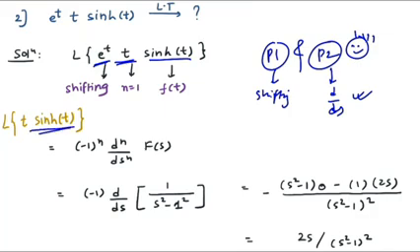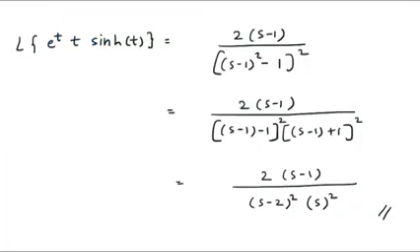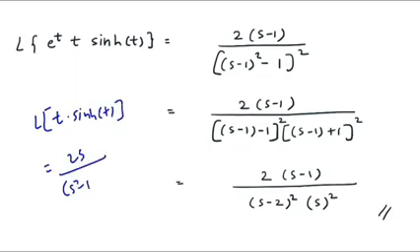So Laplace of t raised to n into f of t is nothing but Laplace of t raised to 1 into sine hyperbolic of t in this case. So take the Laplace of this function. Using the standard formula, it would be minus 1 raised to 1, d raised to 1 upon ds raised to 1, into capital F of s. So sine hyperbolic of t, Laplace of that is 1 upon s square minus 1 square. Now you have to use the u by v rule. According to the rule you will get the answer. So from the previous step I got Laplace of t into sine hyperbolic of t, which is equal to 2s upon (s square minus 1) the whole square.